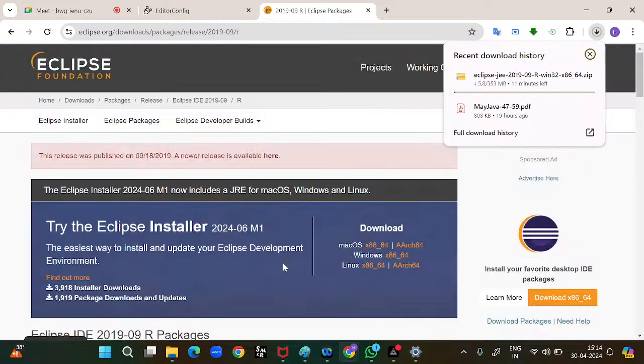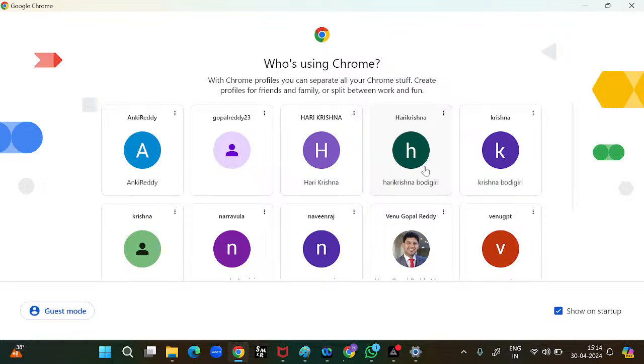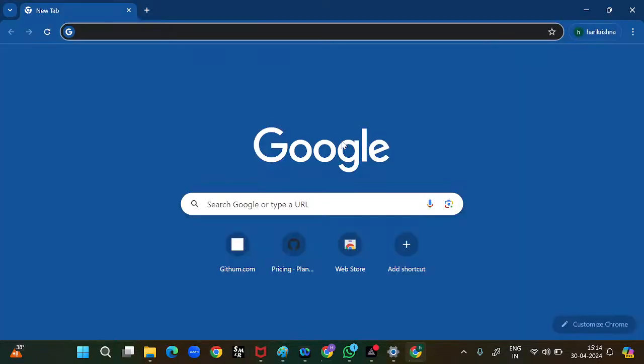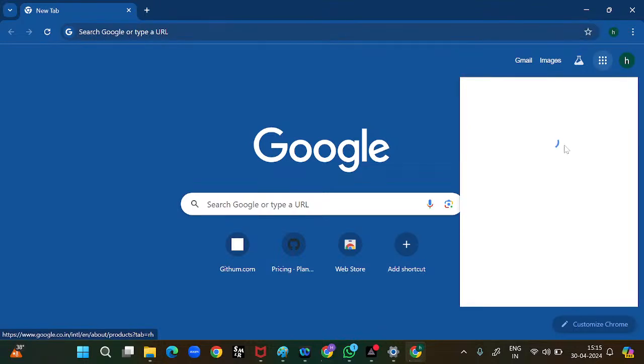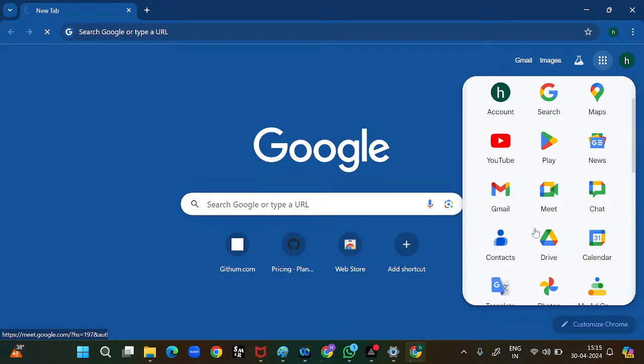The second way is that I have already packaged the zip file, and I will share that with you. If I open my drive, in my drive I already have all the